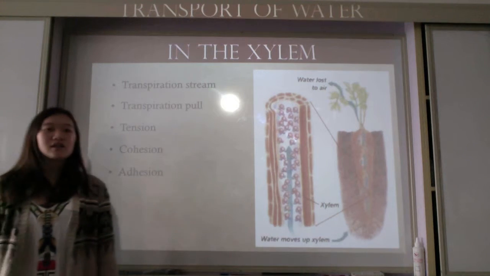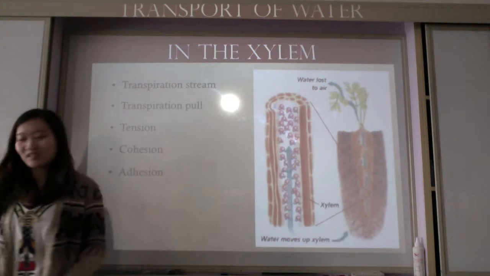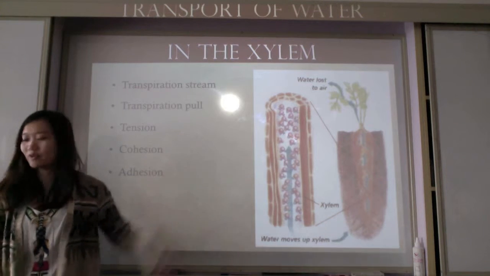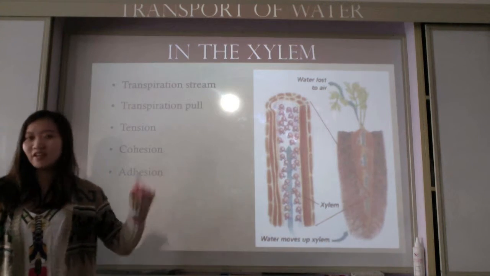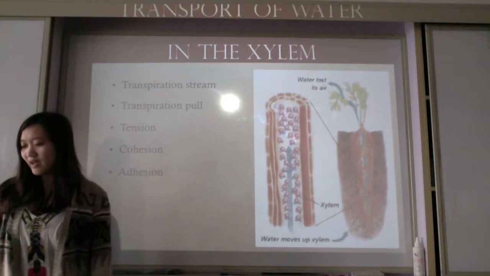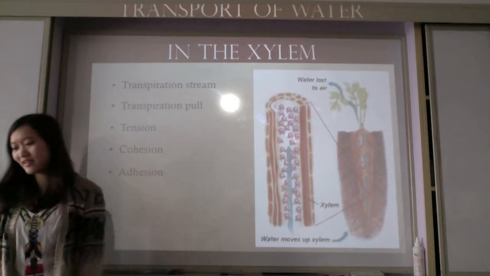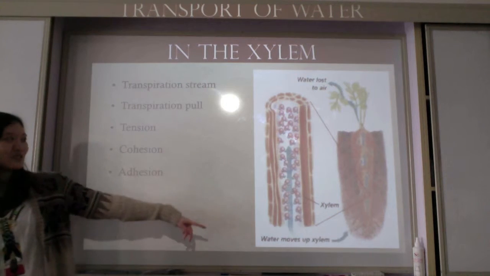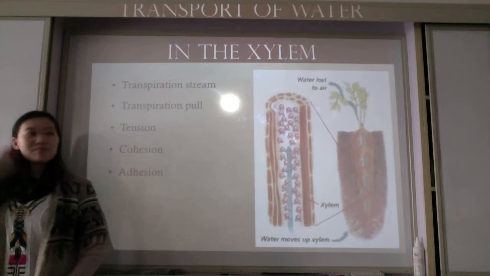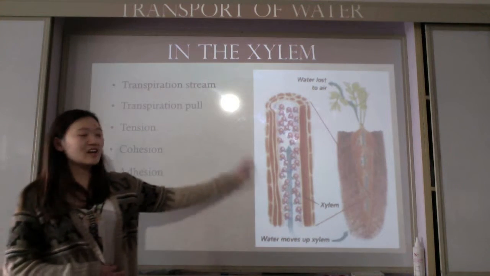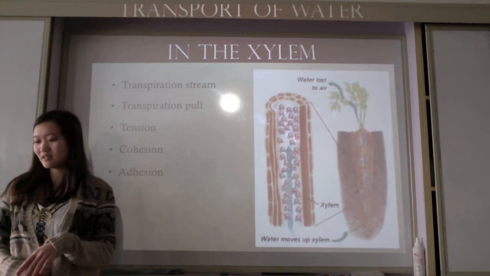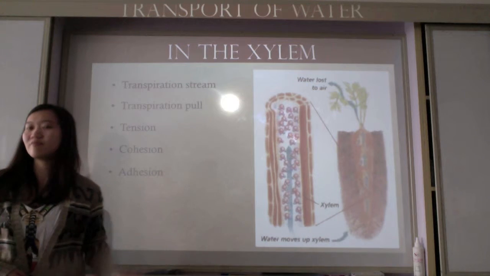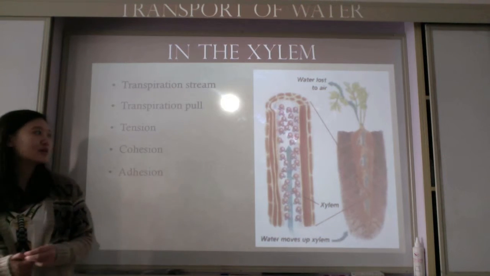Okay, so transport of the water in the xylem. First, the pores in the outer cell wall of the xylem conduct water out of the xylem and into the cell walls of the leaf cells. The transpiration stream mainly means that water moves upwards. You can see the arrow there, the water molecules move upwards. Because the cells are non-living, this is a passive process. All the energy needed for this process is from thermal energy,